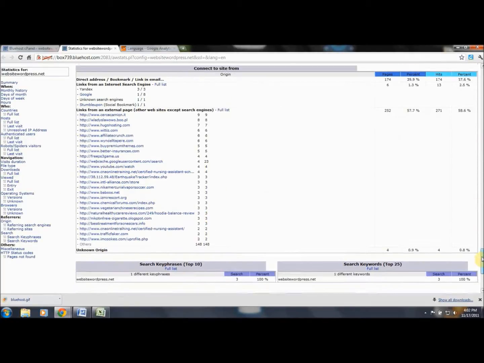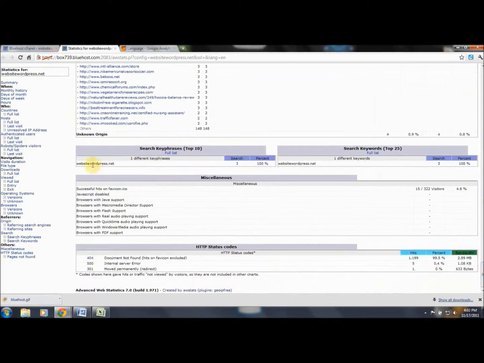Right here, when our site was up, this was really long, telling us the keywords that people find us with. The top 25 keywords help you geo-target for things like AdWords campaigns, and there's some other miscellaneous stuff. This is something you want to focus on, folks. 404, we have a lot of 404 errors simply because we uninstalled the website and the